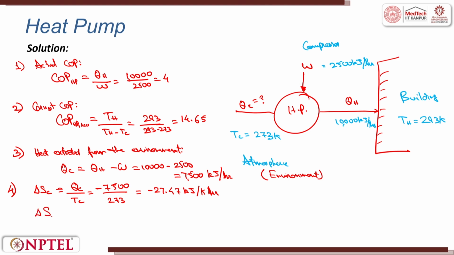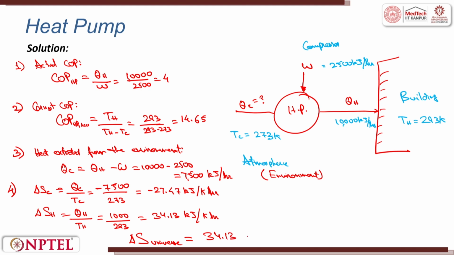And change in entropy for the hotter part, I will put it as QH by T hotter, that is equal to 10,000 by 293. This is equal to 34.13 kilojoules per Kelvin hour. So change in entropy for the universe is equal to